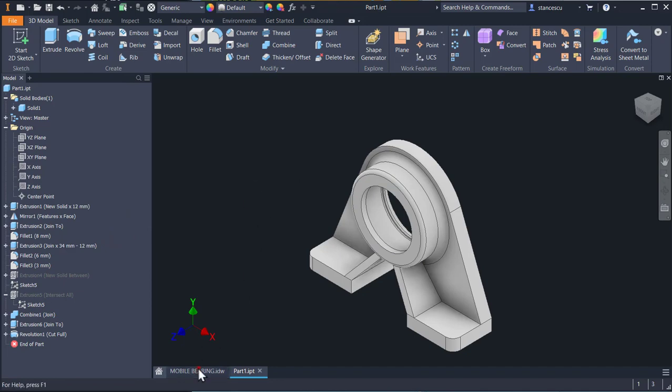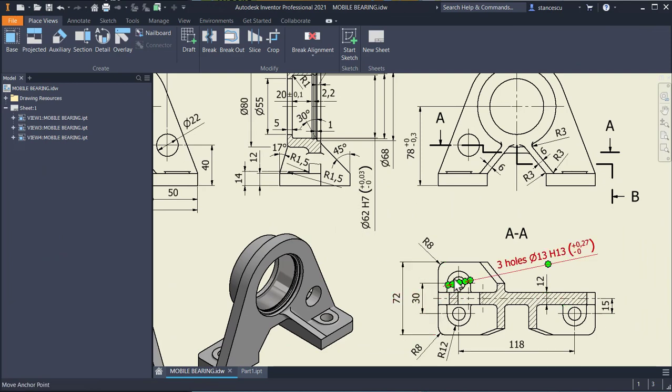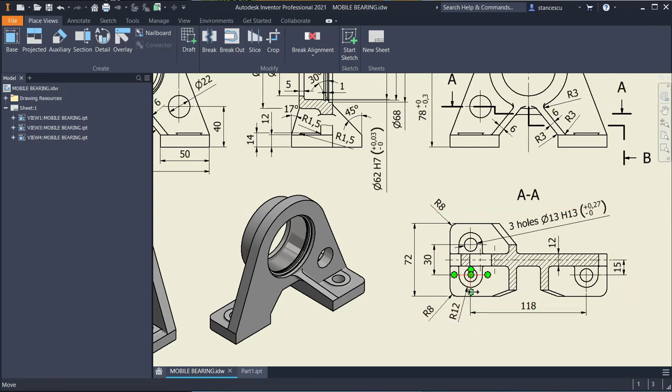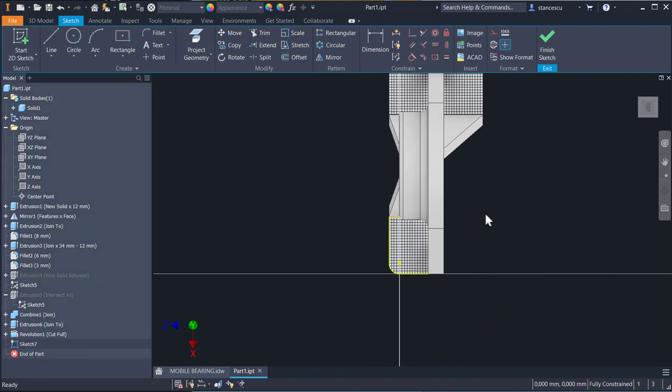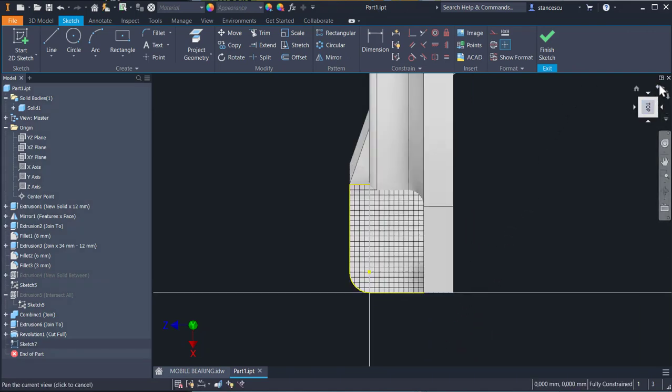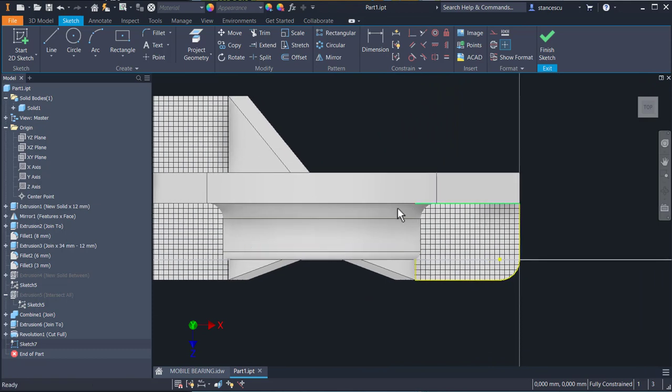Next are three bosses. 1, 2, 3. They are symmetrical in both directions, and the values are 30, 118, and radius 12. This face and